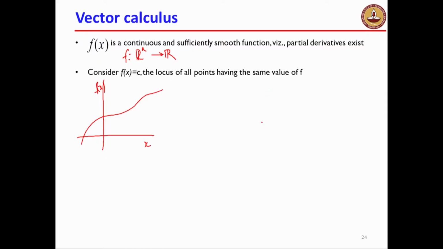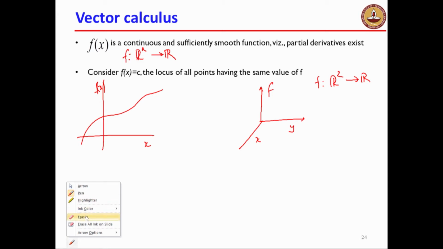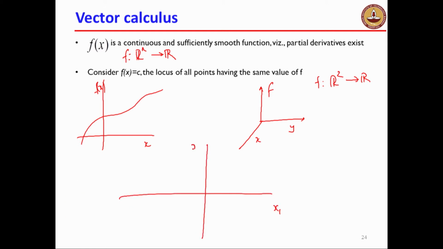So one of the things we can do is, I could plot, this could be my xy plane, and this is my f. So in this case I need to work with 3 dimensions to look at how f behaves as a function. Suppose f is from R^2 to R. Then I have to worry about doing things in 3 dimensions. And as you can see, I have a tablet over here, and it's far easier to work with 2 dimensions. So what I do is, I look at x1, x2, only 2 axes in the 2-dimensional thing,